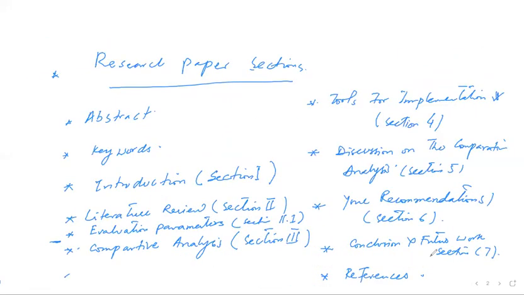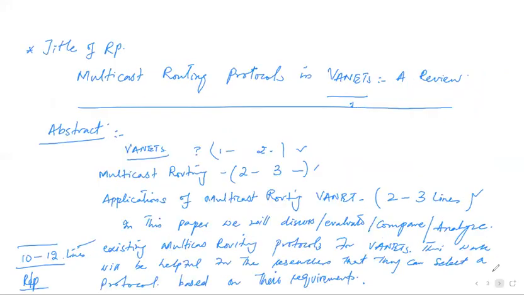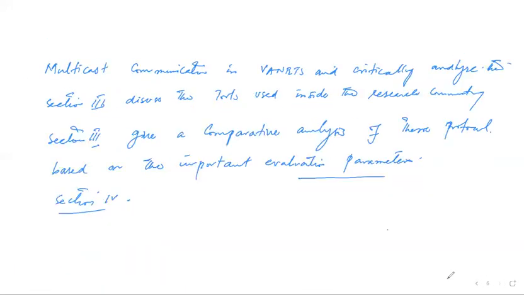Section 4 will have the implementation tool, and then onward section 5 will have the comparative analysis, and the next section is the recommendation section. So you can onward write about section 4, section 5, and section 6, and the last section